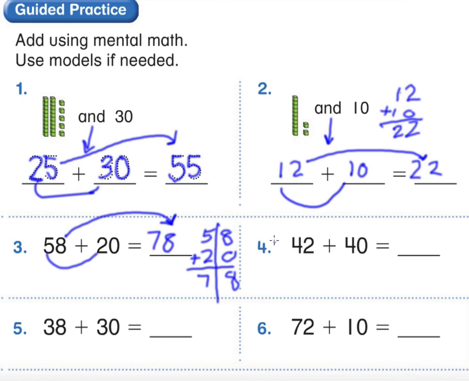If not, that's okay. I would love for you guys to try number 4 all on your own and keep going and do the rest of the packet all the way to number, let's see, number 15. All right, so you're going to do the rest of this page on your own, the next page on your own, and please do not skip number 13. A lot of us tend to do that. It's there at the bottom of the next page. Do not skip it. All right? If you're confused, come see me at the front carpet with our other friends, and